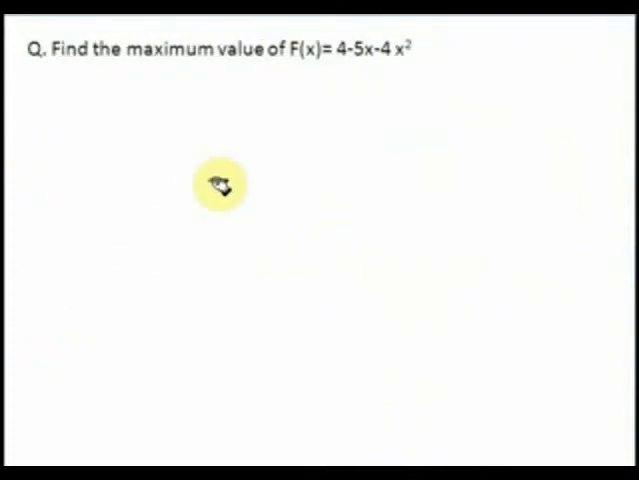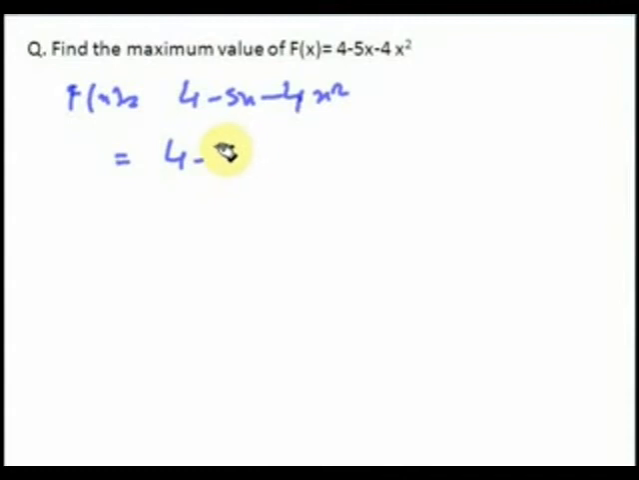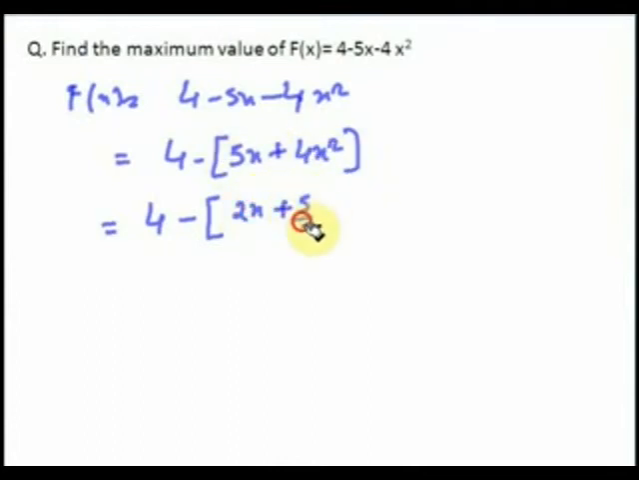Let's take another example. Find the maximum value of f of x is equal to 4 minus 5x minus 4x square. We have to find the maximum value of this quadratic expression. If we take the minus sign common, we will be getting 4x square plus 5x. We can write this as 2x plus 5 upon 4 whole square, because if we expand we will get 4x square plus